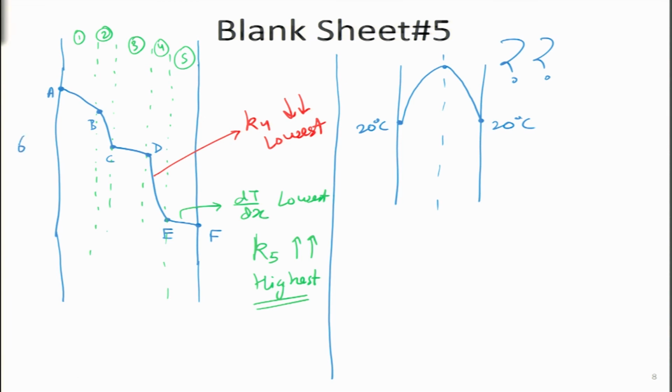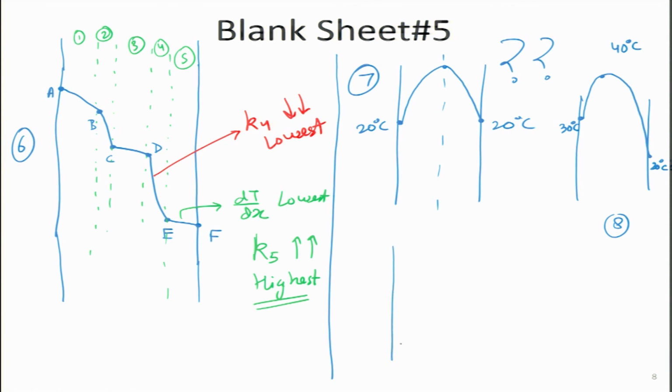I have forgotten the numbers. I think case 5 we have looked at earlier. This is case 6, this is case 7. Maybe I will draw another case 8, which is similar to case 7, but with slightly different numbers. Here on the left side we have 30 degrees, here we have 20 degrees on the right side, and somewhere over here is 40 degrees. Again it is a parabola, but it is kind of a skewed parabola. So, this is case 8. Then let me draw case 9, which is very interesting. It starts off like a normal.